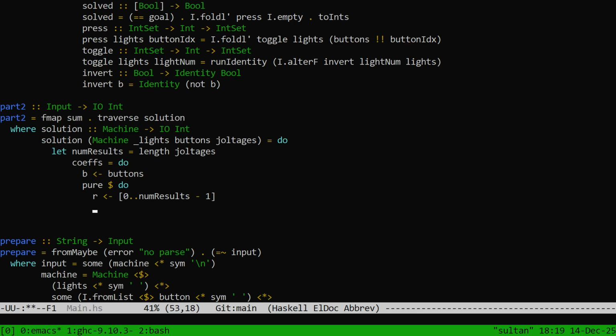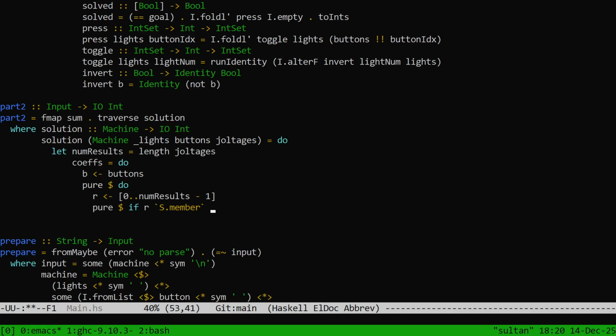R from this, I guess. Pure of if. What order does IntSet take its arguments in? It should take the key first, right? Yeah. If r is a member of b,